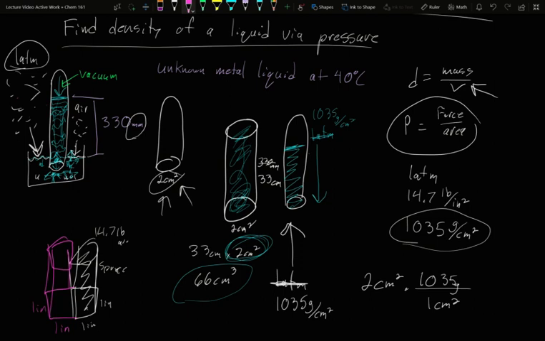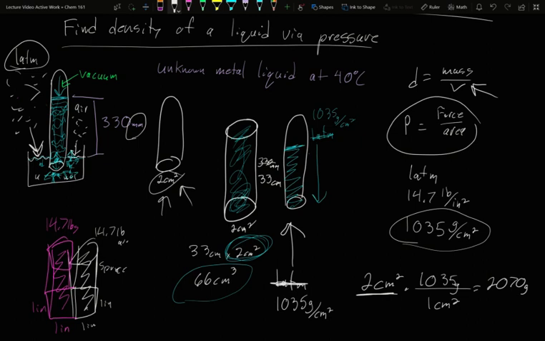It's now 2 inches across and 1 inch tall, and this one also has 14.7 pounds. If you have twice as big a base, you just have twice as much stuff in the column, which is what we find when we do the math. For having twice as big a base, we'll multiply our mass by 2, so